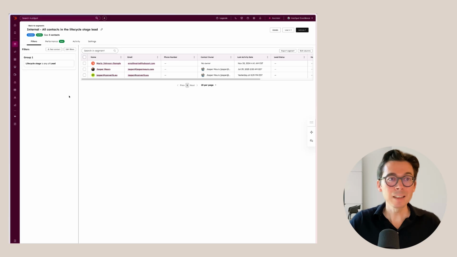Now let's say we want to know all of our contacts in the lifecycle stage lead on September 10th, 2025, which is the day today. If we want to do that, then we need to create a static segment. Now, there's two ways we can do this. So in this case, if we want to have all of our contacts in the lifecycle stage lead,